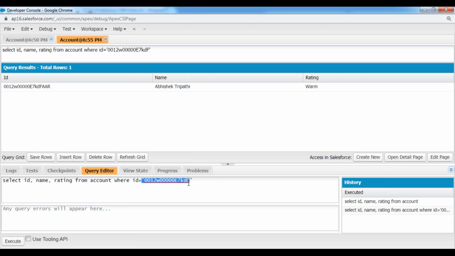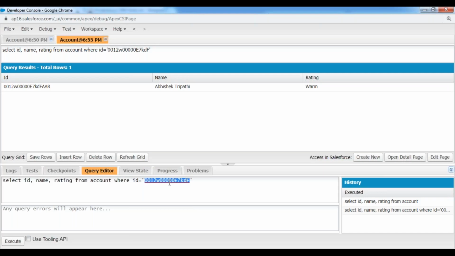If you want to query from other applications, by using integrations, a Java application, .NET application, mainframe, or any other third-party application, then the 18 character ID of your record is mandatory, or else Salesforce won't support it. That is the major benefit here.